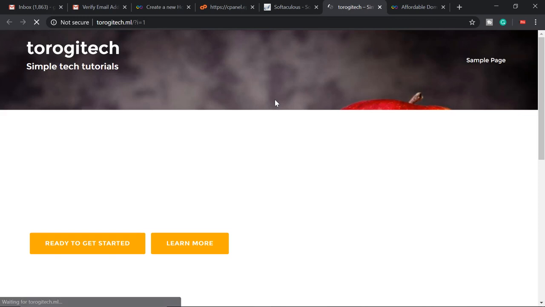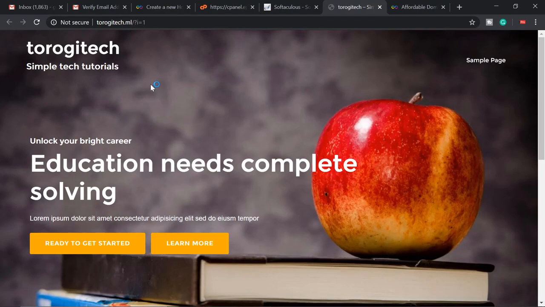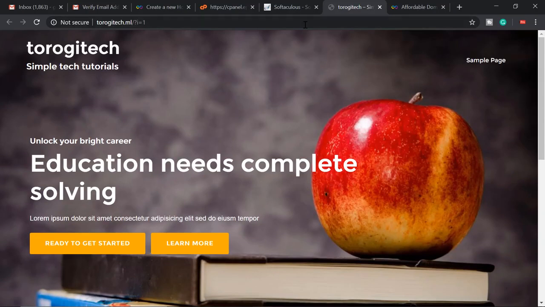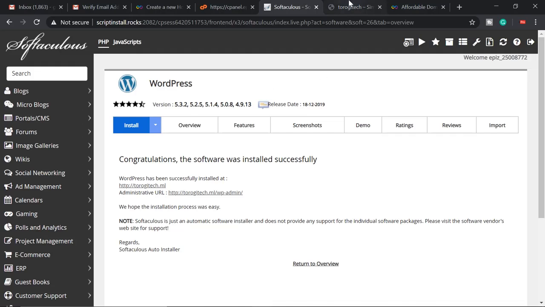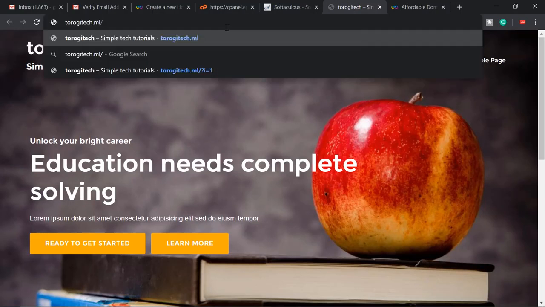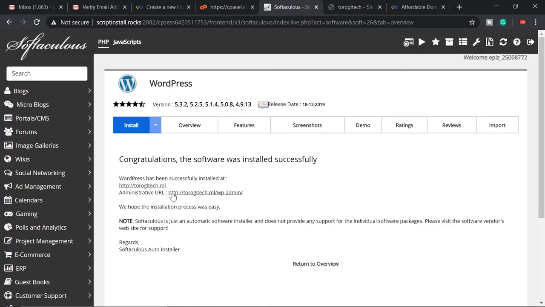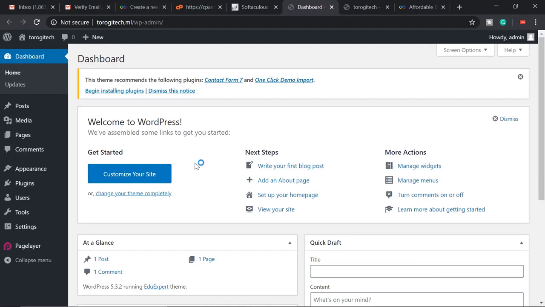So let's visit our website first. Yeah. Oh, that's very cool, man. I didn't even do a lot of coding here. So yeah, because it's WordPress. So basically edit the things that we're going to edit there. Let's go, and you can also type in wp-admin. You add it there. It is the same with the link here. So if you click that one, it will direct you to torogepro.ml/wp-admin. And let's start customizing our website so that you can see, for those who don't know how to use